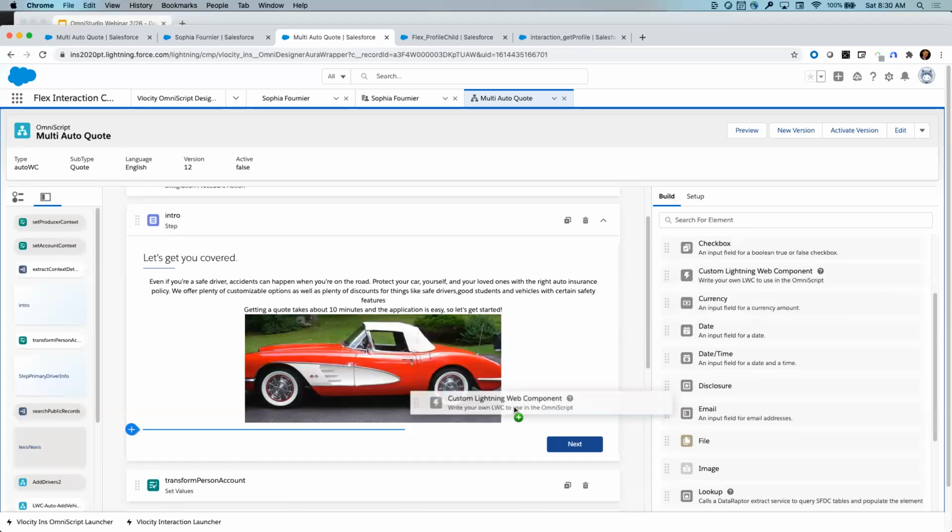You'd be dragging it here. Yes. If I did that, my properties window would let me pick the actual Lightning Web Component that I wanted to include. And typically